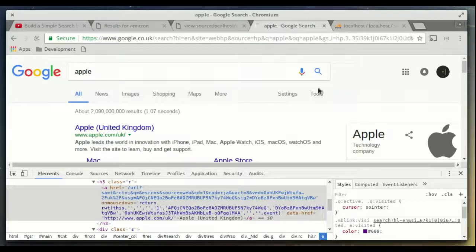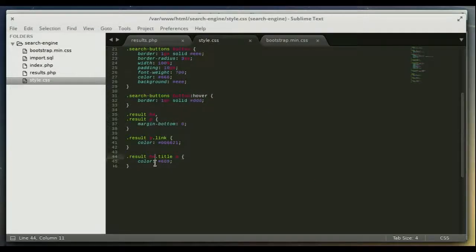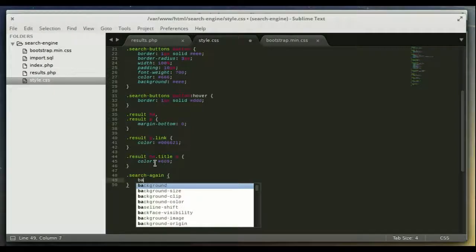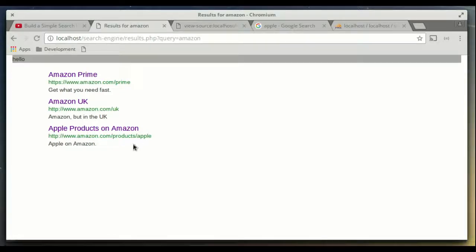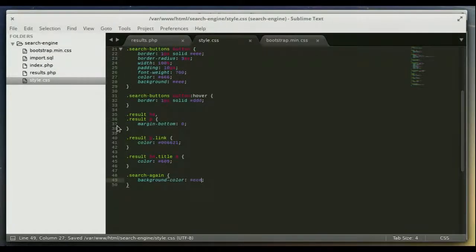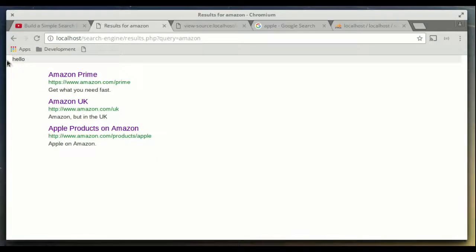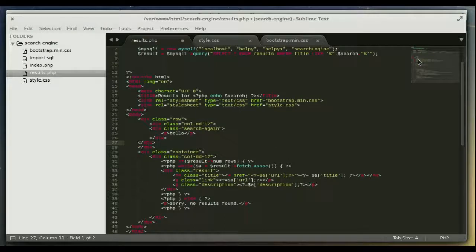So this is slightly grey. So if we add in a search again class, which is what we just created before, with the background colour of really light. So that's not really light, this is really light. So there we go. Now if we just add in a row, because it's causing it to have a little bit of white padding at the sides, so if we do div.row, add that back in,